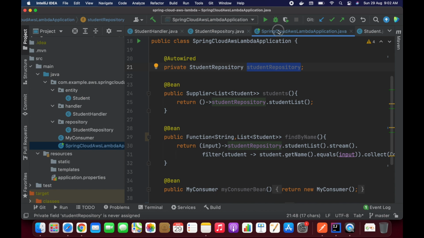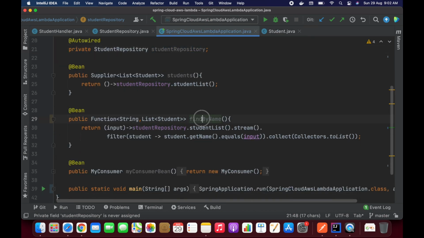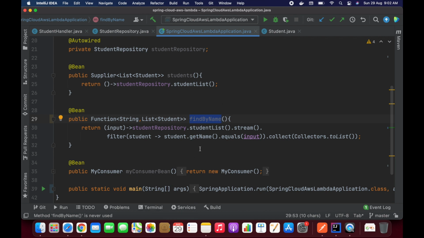Here I'm finding by name: I'm taking the student list from the repository, streaming and filtering by the student name, and returning it. Here findByName is returning the list of students. So this is the input and this is the output, guys.